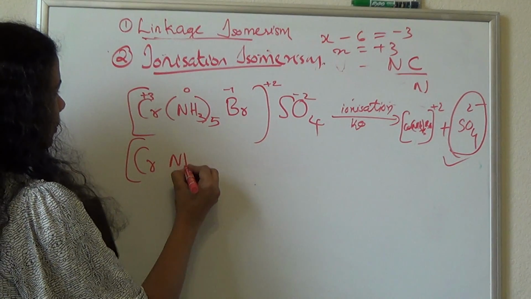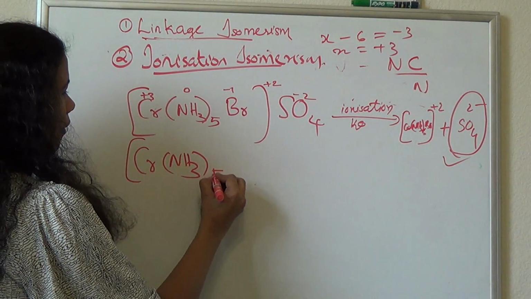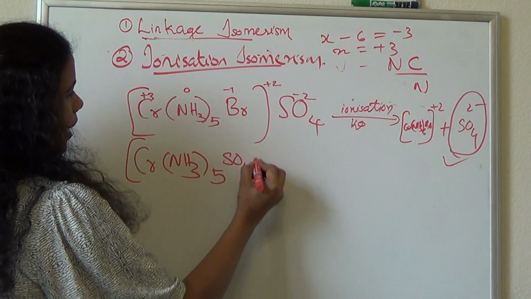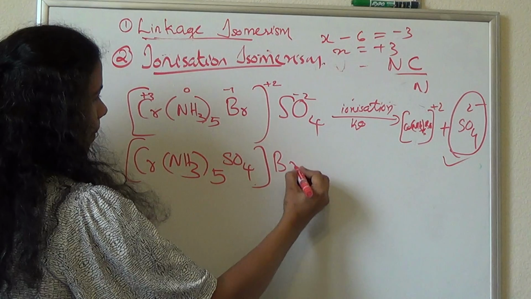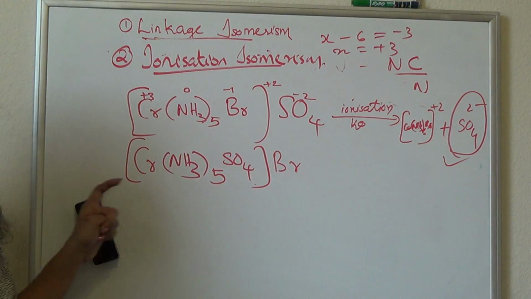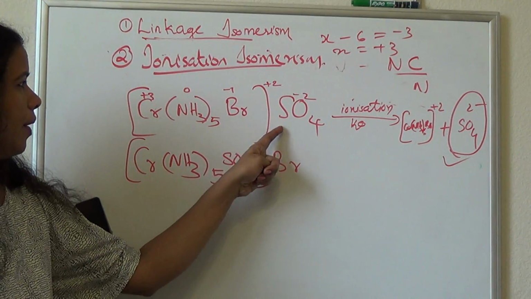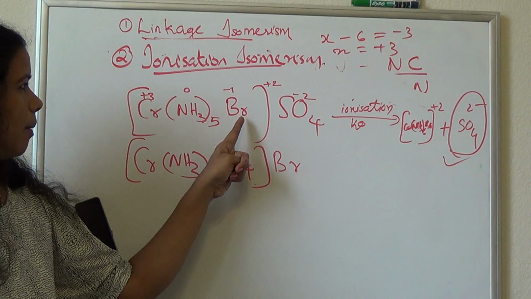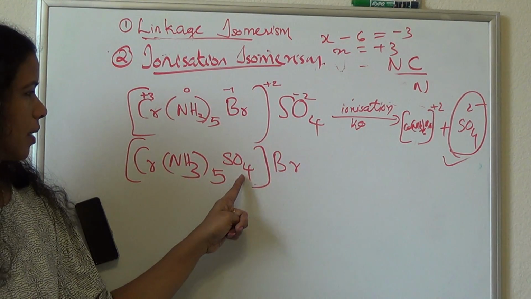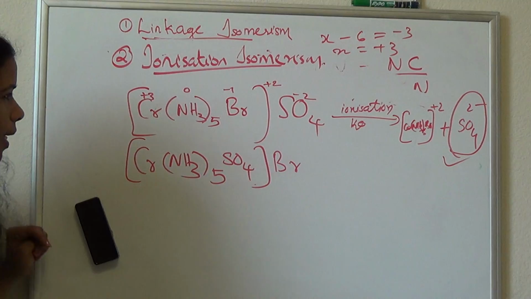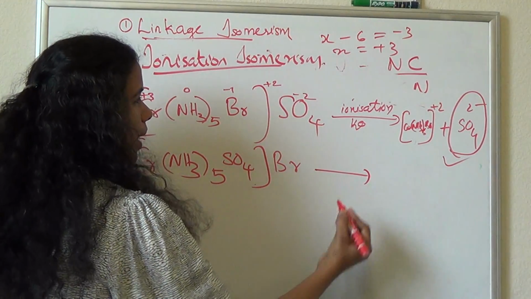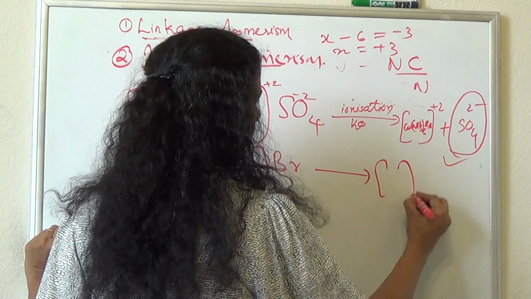Cr(NH3)5 SO4 Br. The difference is there is exchange of the bromine and sulfate inside and outside. So as a result, this on dissociation will give